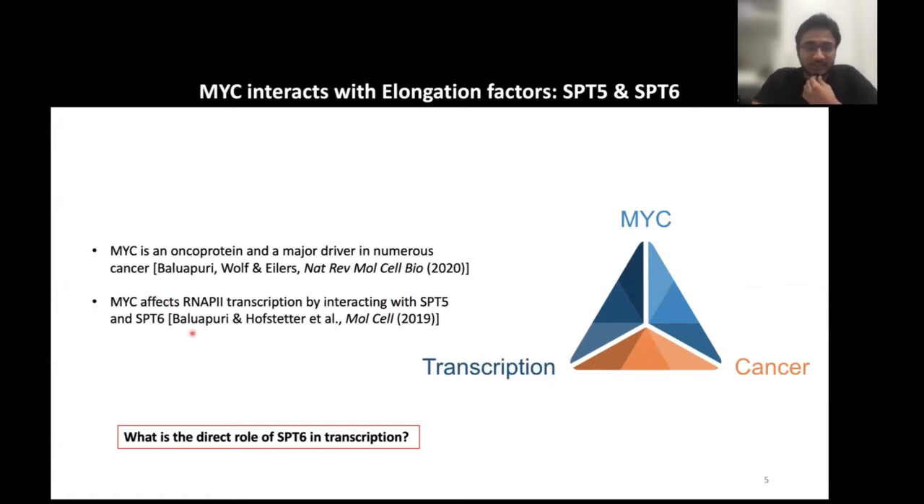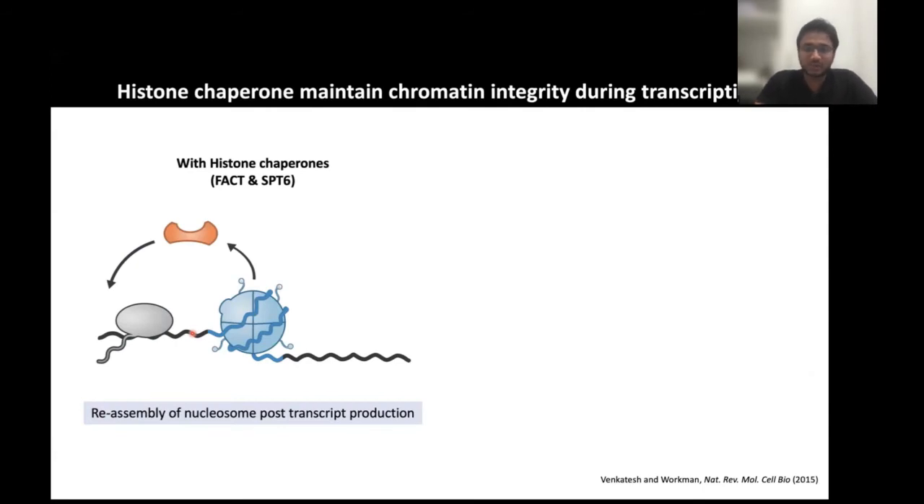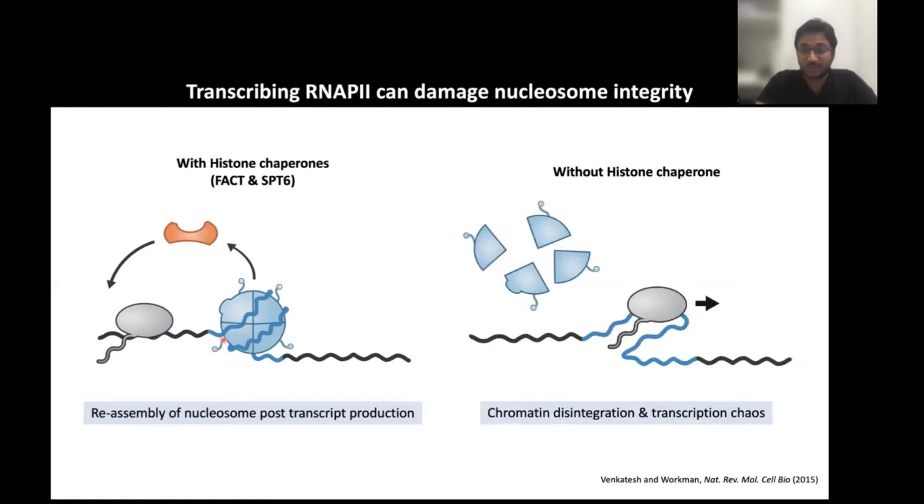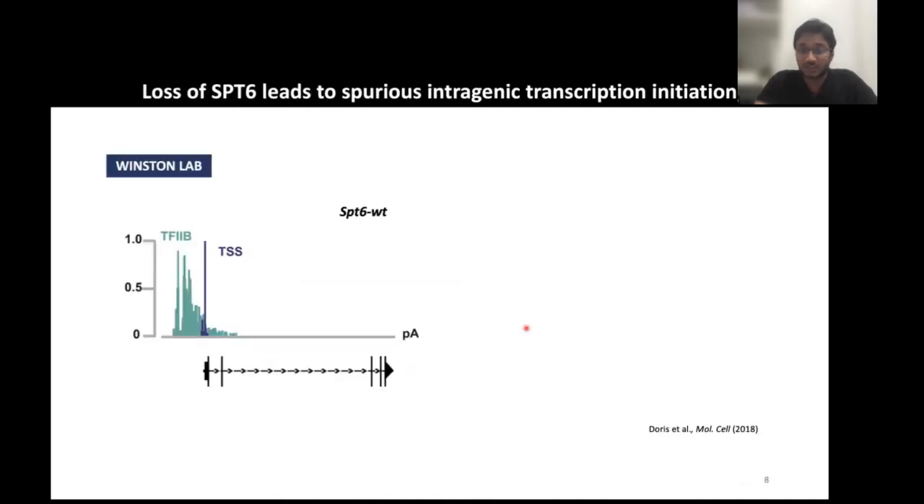Now, what is SPT6? SPT6 is a histone chaperone and a elongation factor complex. It is involved in the reassembly of nucleosomes post-transcription. In the absence of histone chaperones, the transcribing RNA polymerase II could run into the nucleosome, leading to chromatin disintegration and eventual transcriptional chaos, which indeed is the case for SPT6, as reported back in 2003 by Fred Winston and also in 2018,